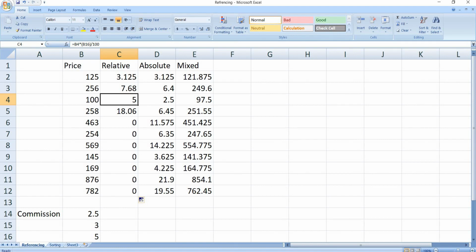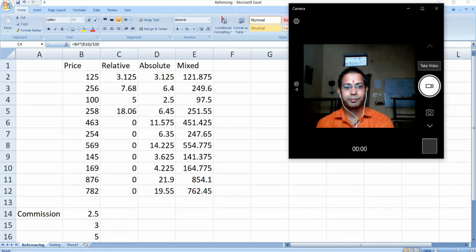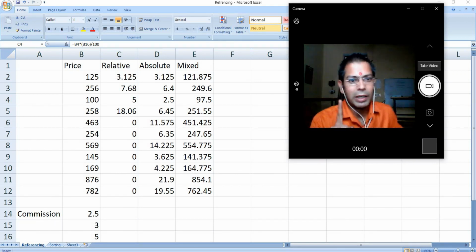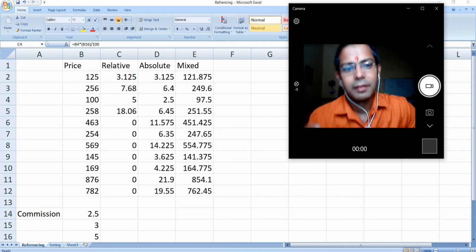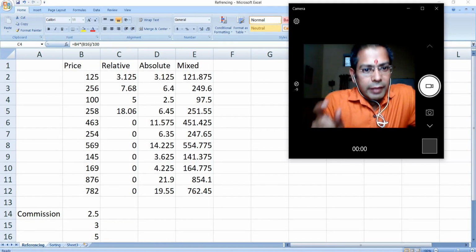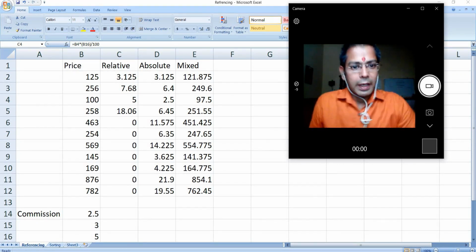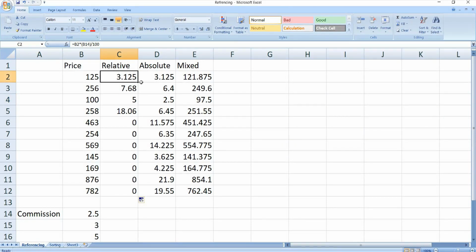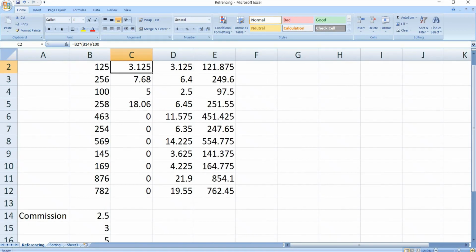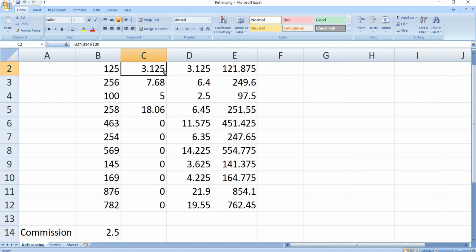So here you have seen that the formula is written once, in this cell. After calculating the value, we use the autofill handle. I can show you by increasing the size of the screen.